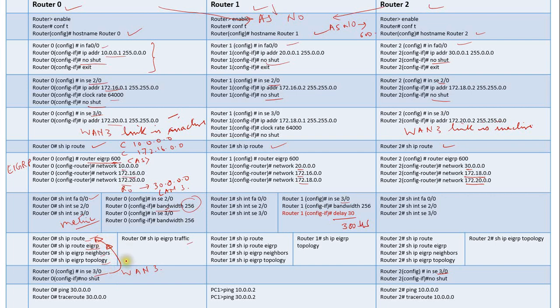Now you will find that the routing tables are updated with different metrics, and some newer networks may be there in the updated routing table. So you have to observe the change in the routing table of router R0 before activation of the WAN3 link and after activation of the WAN3 link. And you have to observe and analyze the metric value.